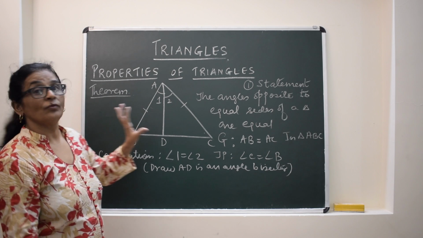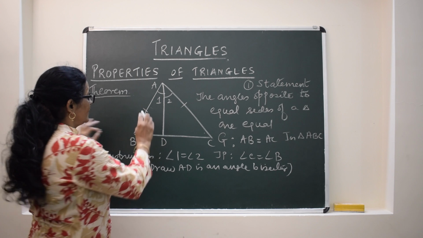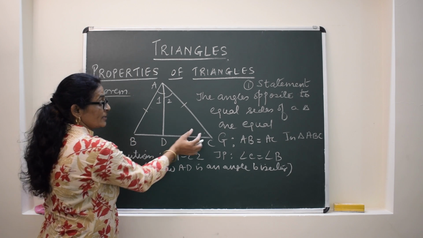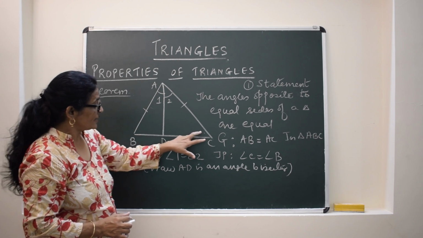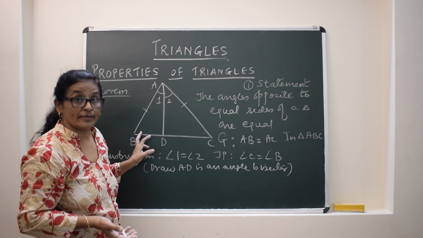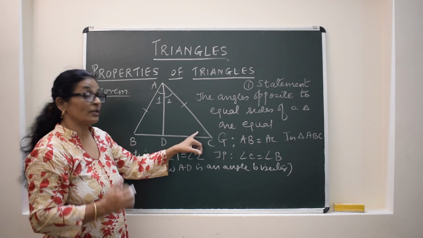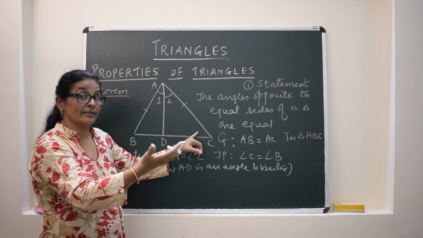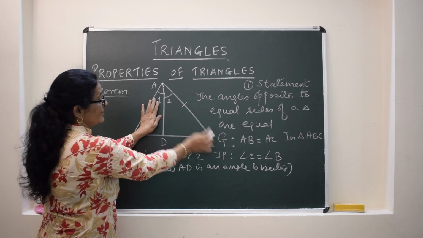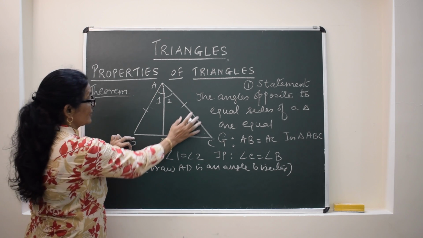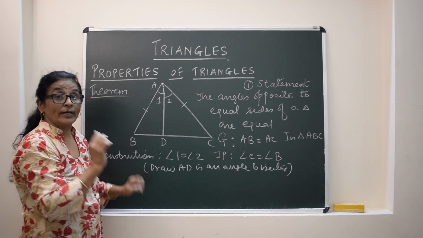Now we will prove the two triangles equal and congruent so that we will get angle B is equal to angle C or angle C is equal to angle B. Now first we have to see this angle C and angle B are parts of which two triangles. Those two triangles we will prove equal and congruent. So these two will become the corresponding parts of those two congruent triangles and they will be equal. So angle C is part of triangle ACD and angle B is part of triangle ABD. So we will prove these two triangles equal and congruent.